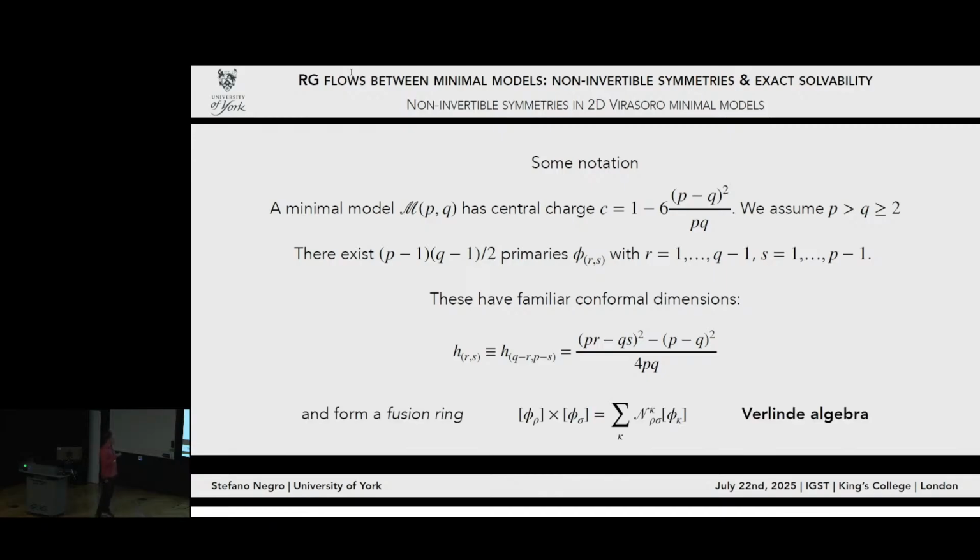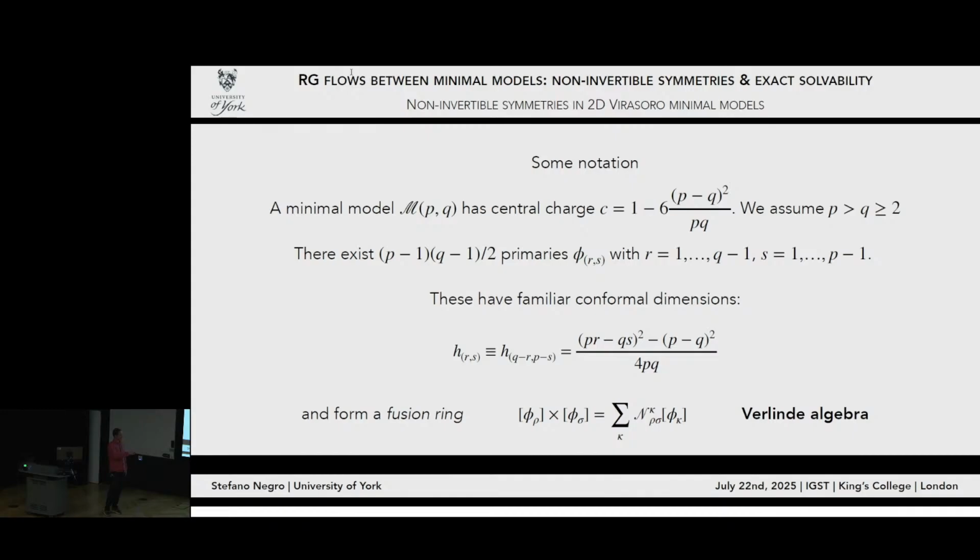But an important thing is that all these primaries satisfy the Verlinde algebra, which is not properly an algebra. It's more a fusion ring, really, because you don't have only one term here. You have a sum of terms, right? The bracket here denotes conformal families. As you all know, you have a primary and all the descendants. Primary plus descendants is a conformal family, and it's denoted by a square bracket.